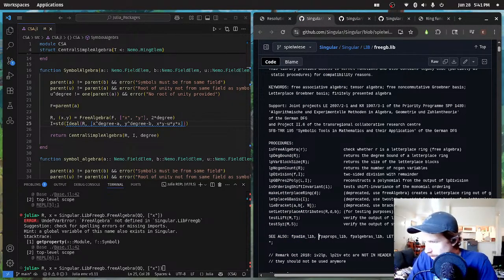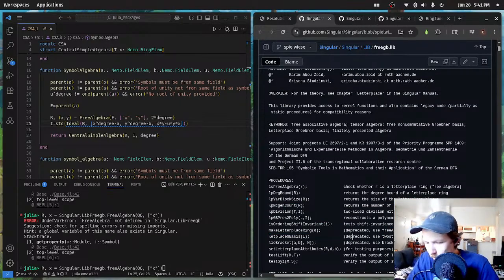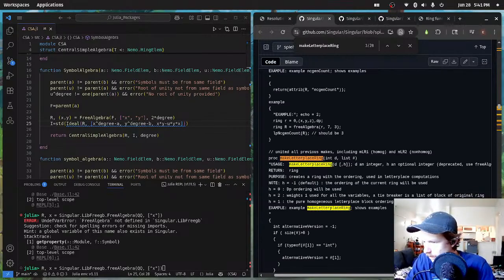Okay, this is, I think, the most promising one. I just don't like that. All right, we're going to look for make letter place ring and see if